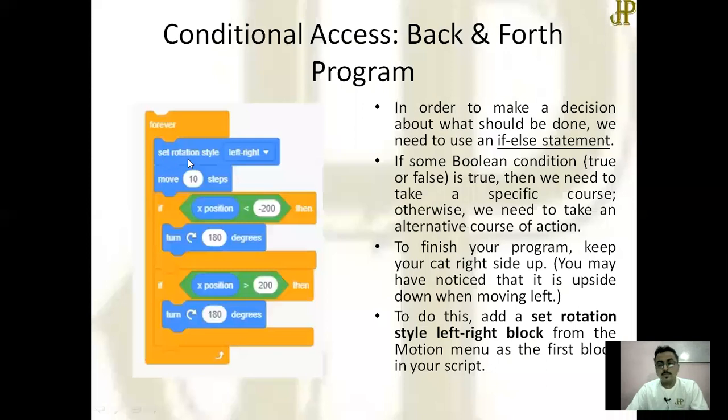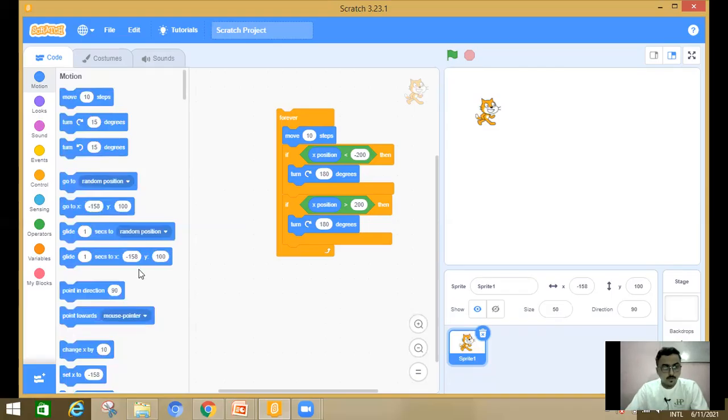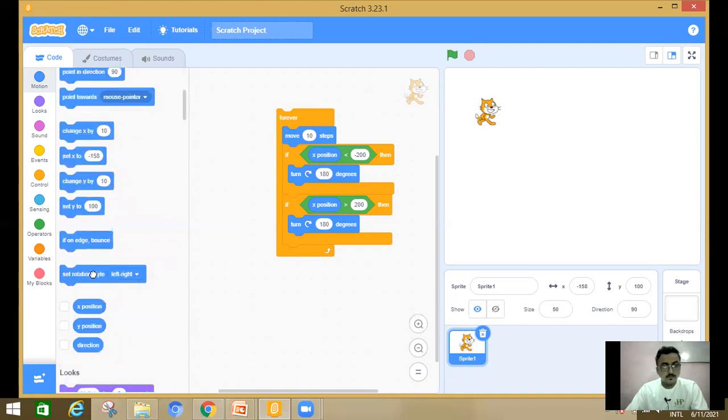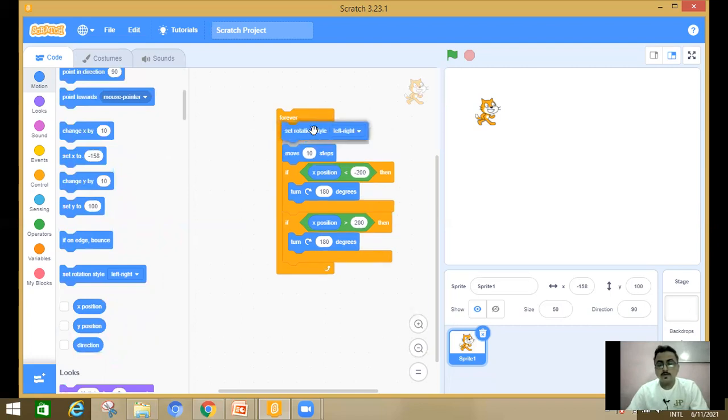Set rotation style, left, right. Okay. So I'm going to set rotation style, which has to be included here. I'm going to drag and drop.